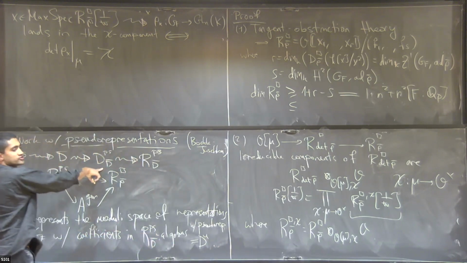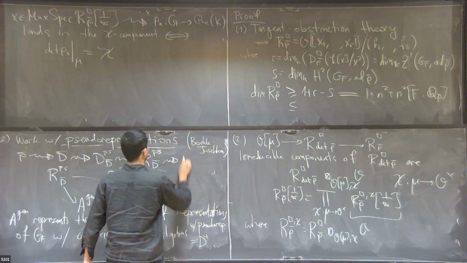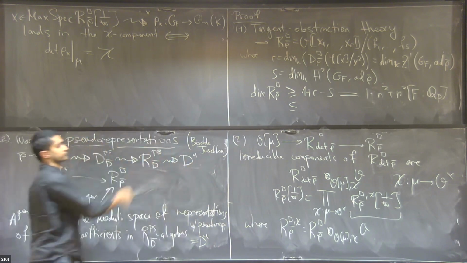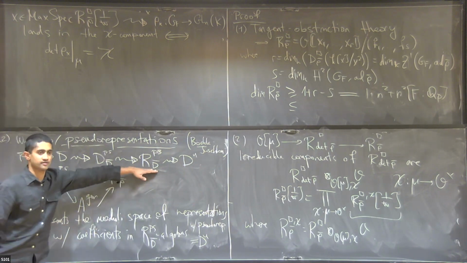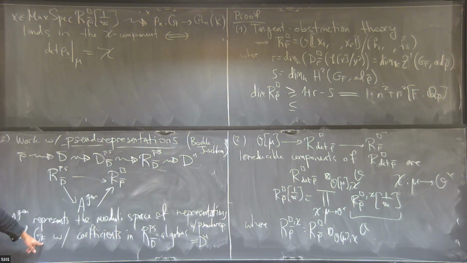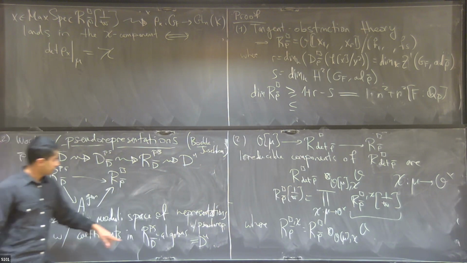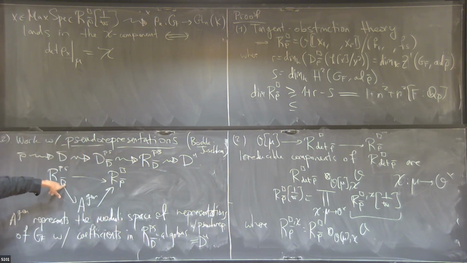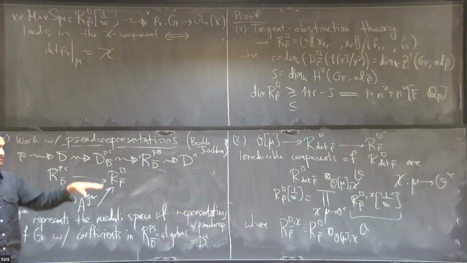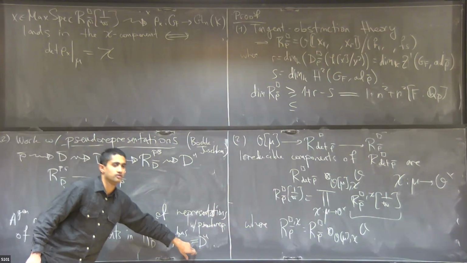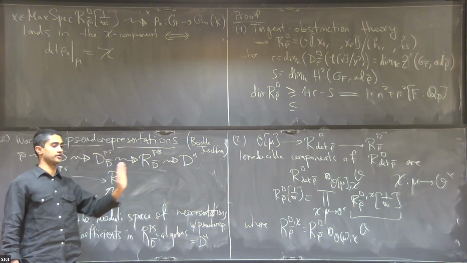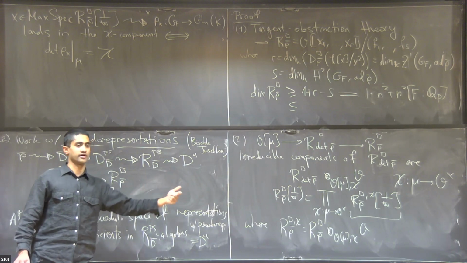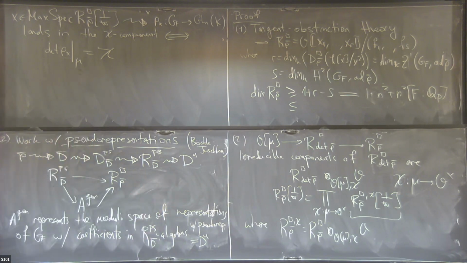So if I have a deformation problem and it's representable, then I get some universal pseudo representation with coefficients in this thing. And so now what I'm saying is you can look at representations, like honest to God representations of GF, valued in algebras over this universal pseudo deformation ring, and you can require that their associated pseudo representation is equal to this universal one. Okay, so when I say equal to, I mean you push forward along the coefficients into the algebra, and they should be equal there. The advantages of working with this thing are twofold. One is that this